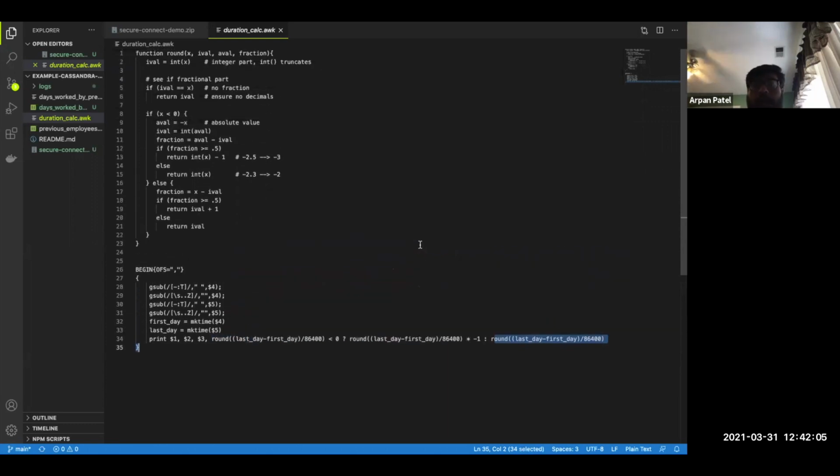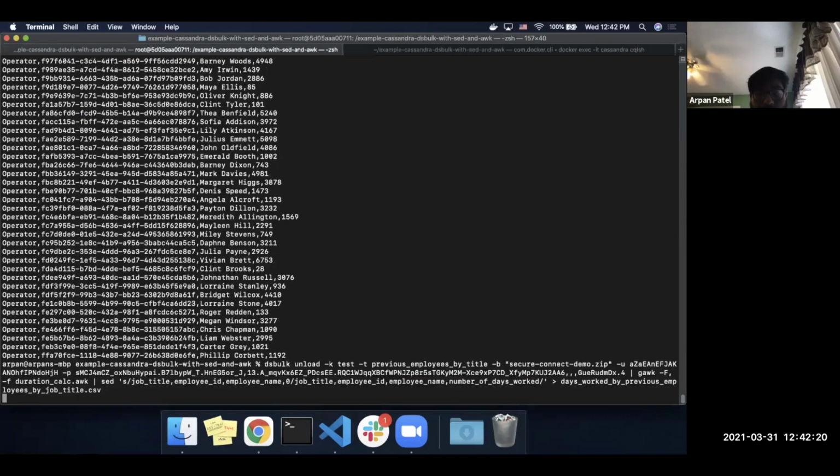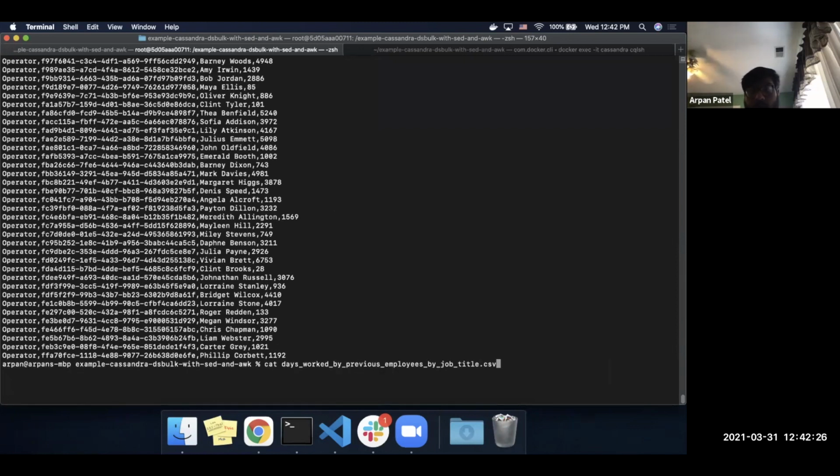But yeah, so that will then take the incoming data from the unload, do these operations, calculate the duration in days per row for 100,000 rows, and then we do that sed replacement, which updates the header, and then we wrote it into the CSV that we just visualized. So now what we could do is